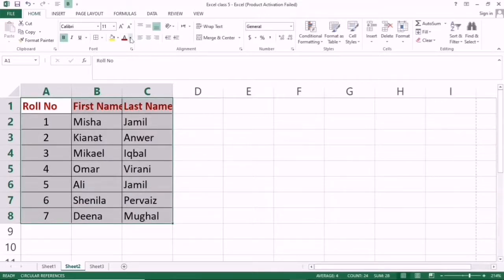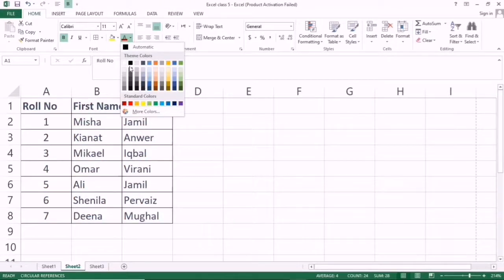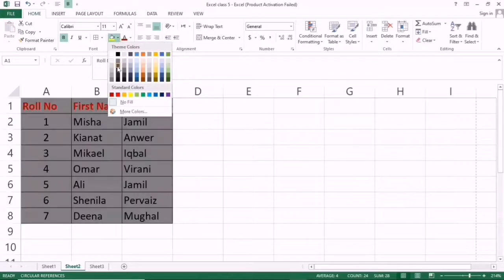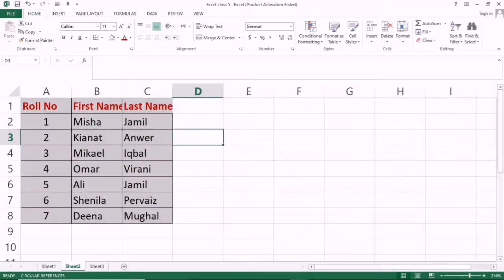Now again select these, and if you want to change the color of all the cells, you can change it. By selecting this, the text color will be changed, but if you click on this, the background color will be changed. For example, I select this one, and you can see the background color change.